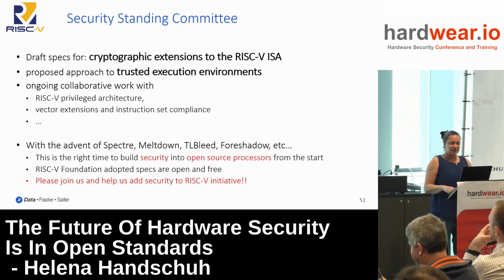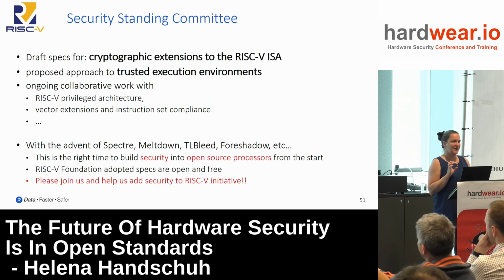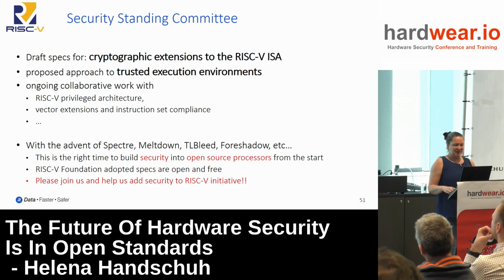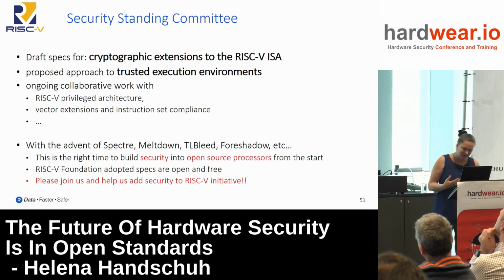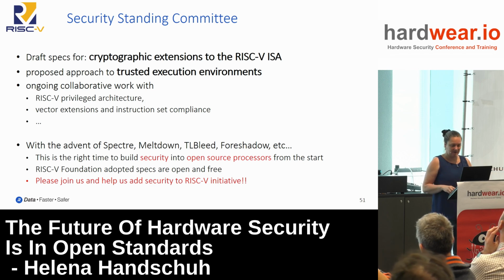There's ongoing collaborative work with the RISC-V privileged architecture, so we can try to influence that part of the spec to add more features into there as well. And look at what vector extensions we could be coming up with. All right, so what I'm trying to say here, on top of presenting our own approach in the company to build a secure hardware root of trust, is that this is the right time for the security community to come together with the processor community. Look at what the problems are, look at how we can try to fix them, and build something into the spec so that we can solve these things at a more general level.